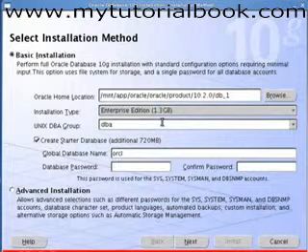Since we want the starter database to be created, we need to give certain values for the name of the database that needs to be created. Now the global database name is the name which we intend to keep for our database. Let me name it as Oracle 10G because I am installing the 10G version of Oracle database.